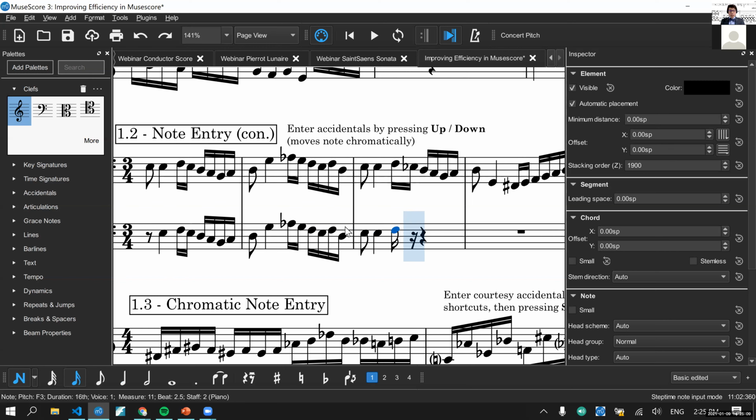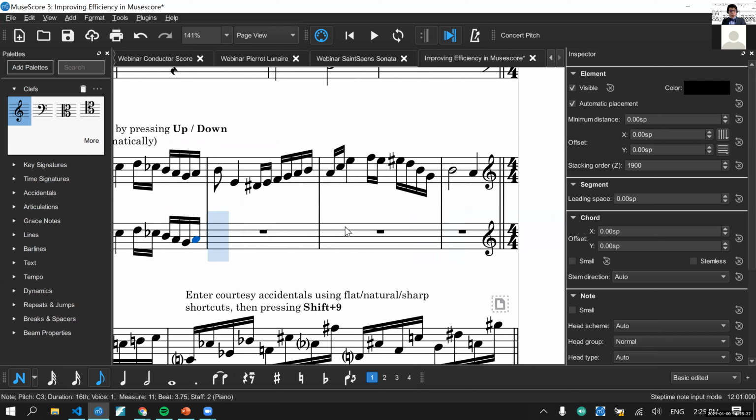What I did was I entered a 16th, then an F, and then I entered an E, and then I brought it down to an E flat using the down key, and that brings it down chromatically by 1. And then you can keep writing. So D, C,